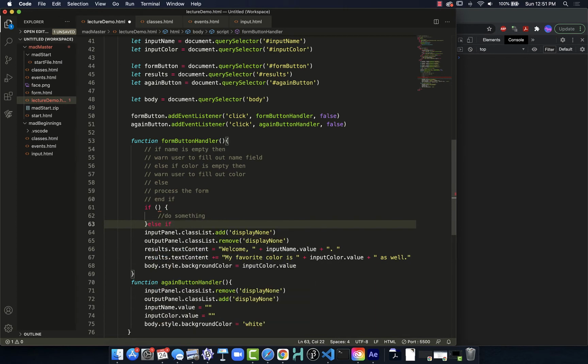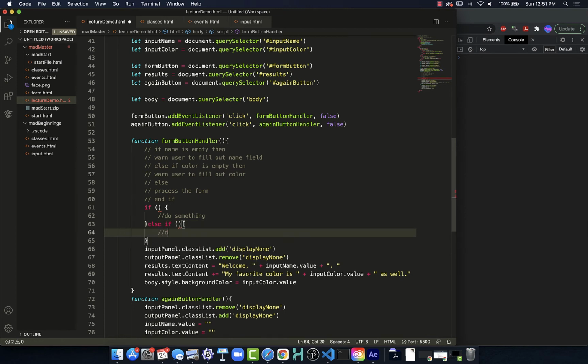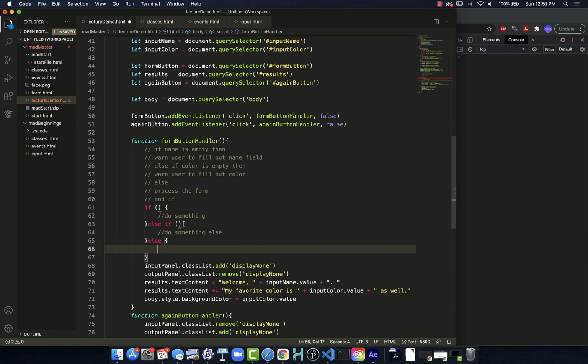Else if, and in the parentheses, I define what I'm checking to determine if it's true. Do something else. Else, this is our final one. So in this case, our conditional is exhaustive. We've exhausted all possibilities